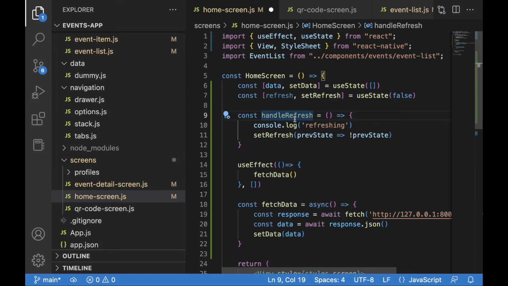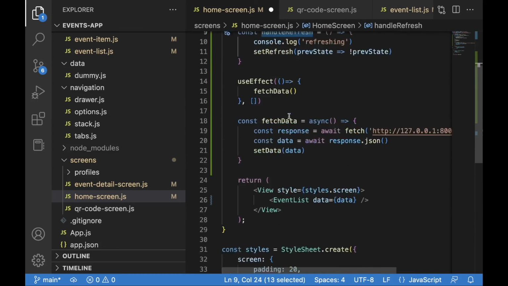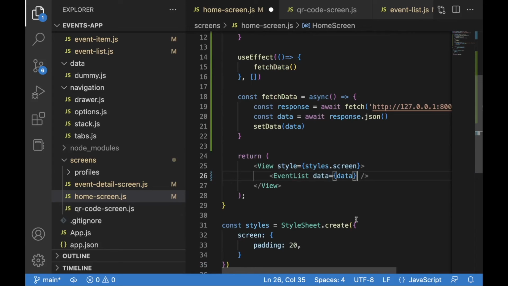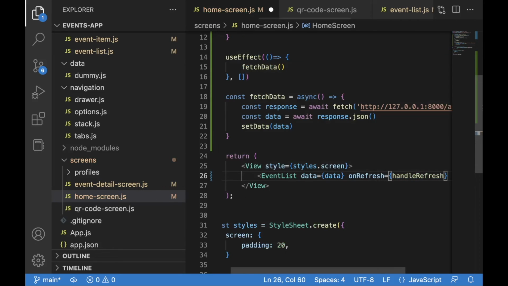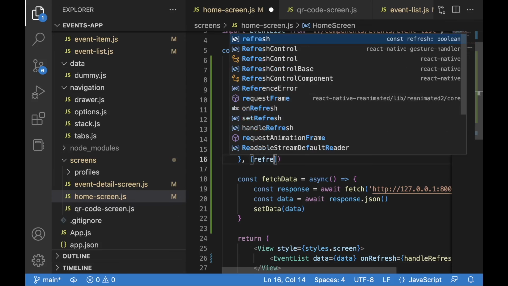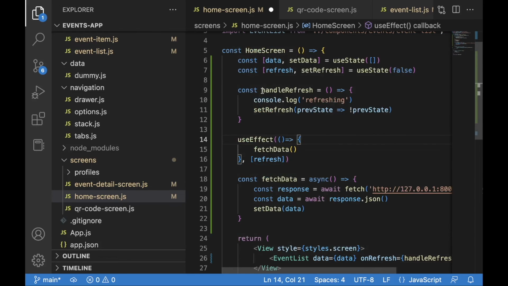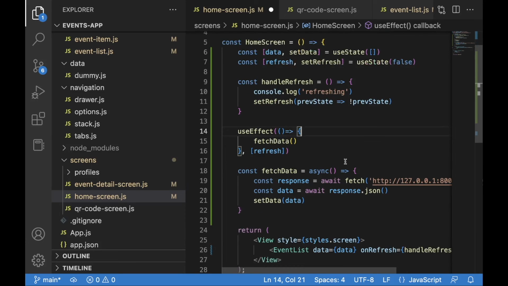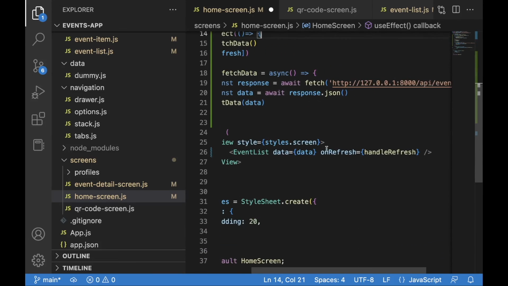And now this handle refresh is going to be passed as a property to the event list. We are going to set a property on refresh, and here we are going to pass this function. Okay, and one more important thing, we need to add now refresh to the dependency array. So once refresh changes, we are going to fetch the data. Okay, and now we can